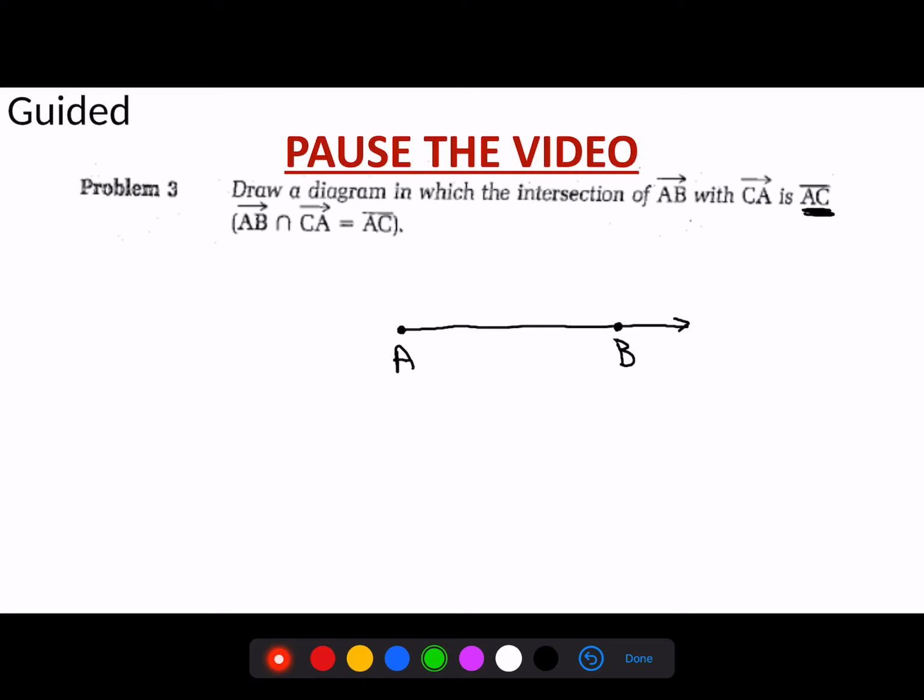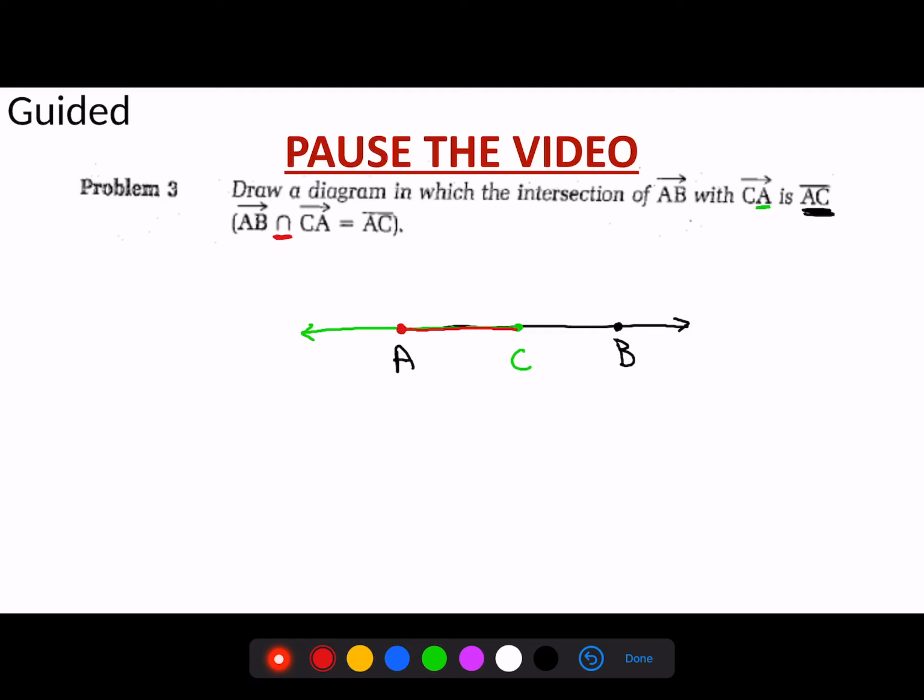And when the intersection occurs with CA, then we have AC as the result. So I'm going to go ahead and draw CA. Now I know that A is going to be on the same line that we just drew on ray AB. So if I draw C in between A and B, if I draw C here, and it goes in the direction of A, because again it's a ray,